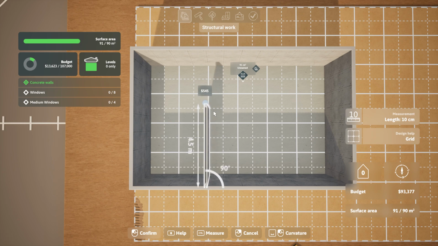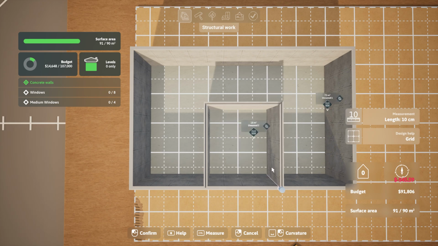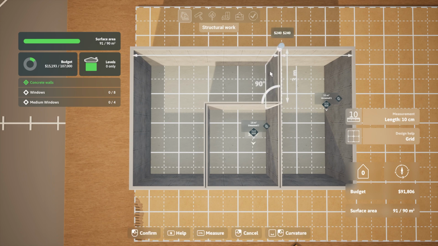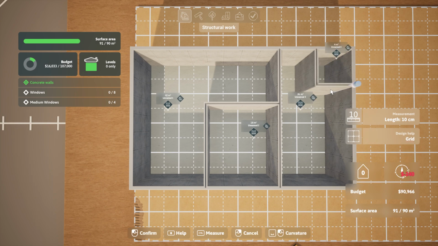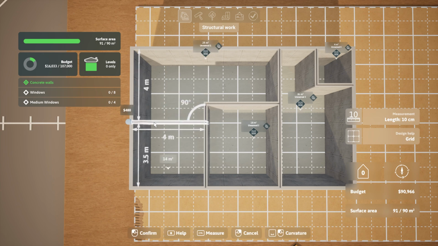Let's go there for the living room. Okay. Then let's pull up. That could be the main kitchen, I think, with a small washroom right there. That's only a toilet. Then I think we will have